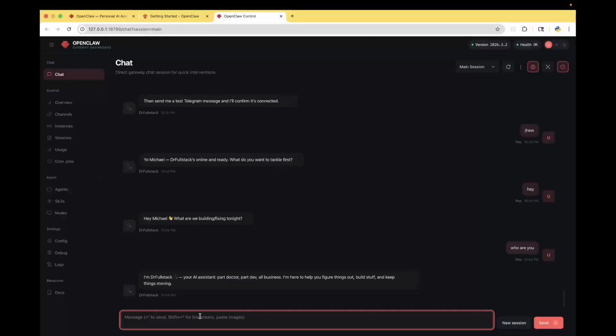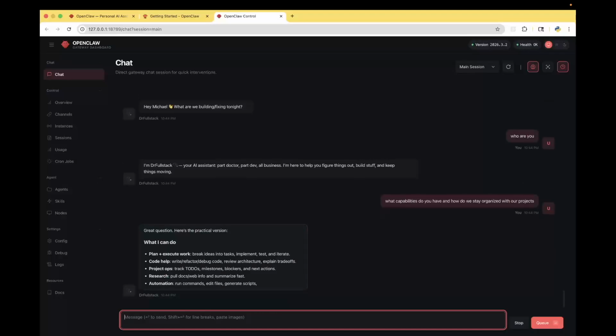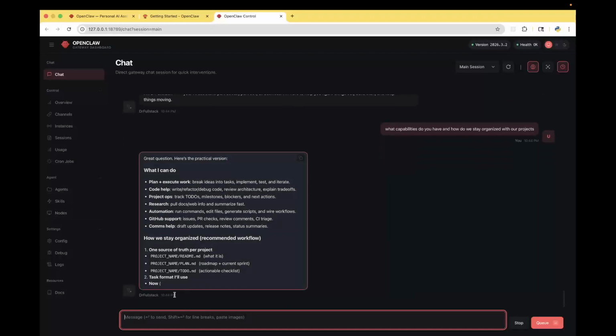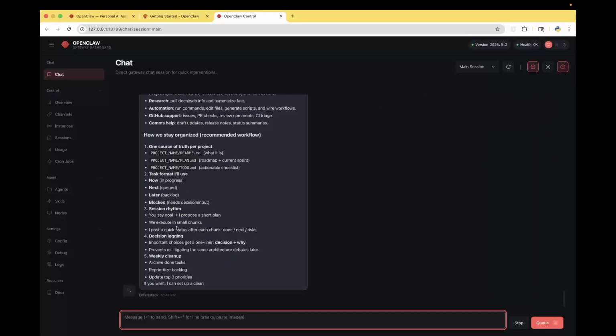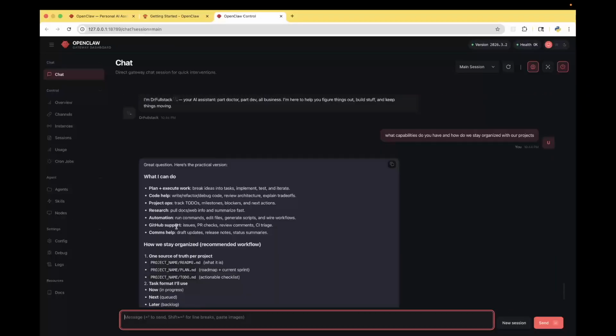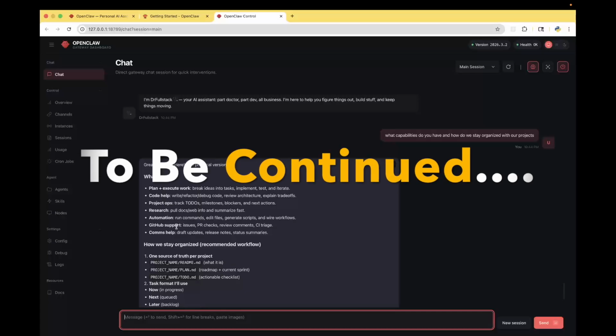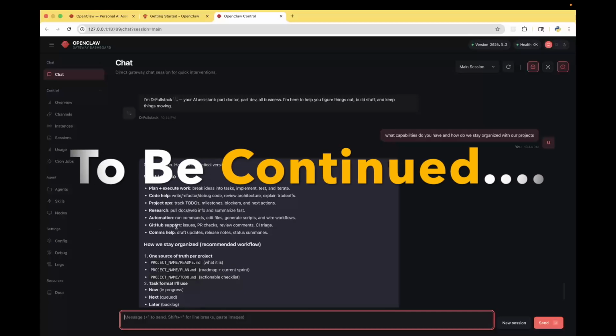Okay. What capabilities do you have, and how do we stay organized with our projects? So here it's breaking down all of the different things that I can do. Here it says what I can do. 1, plan, execute work, break ideas into tasks,